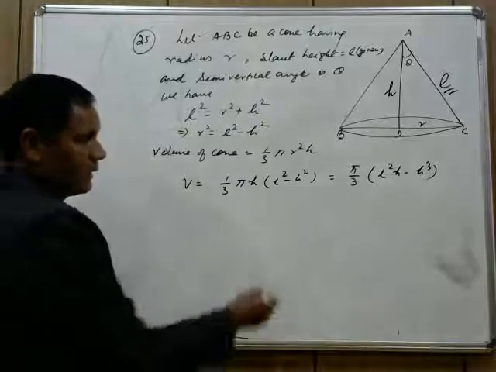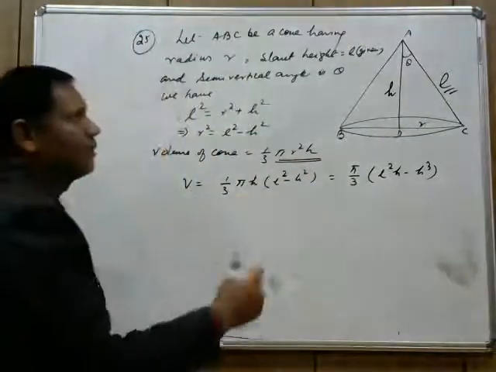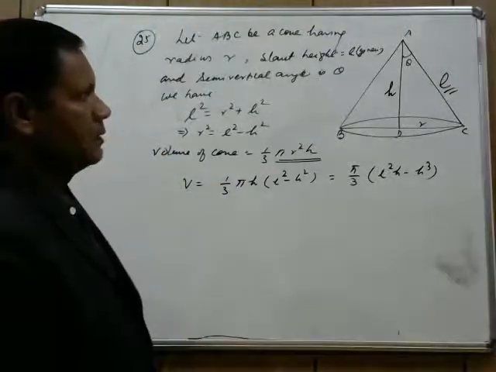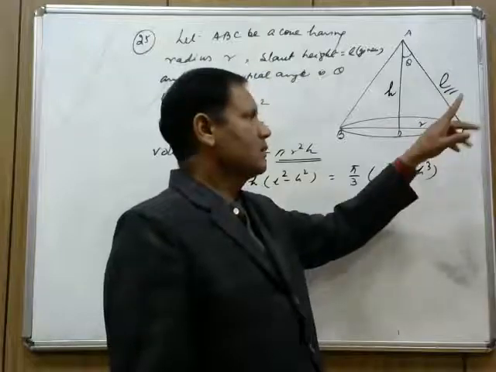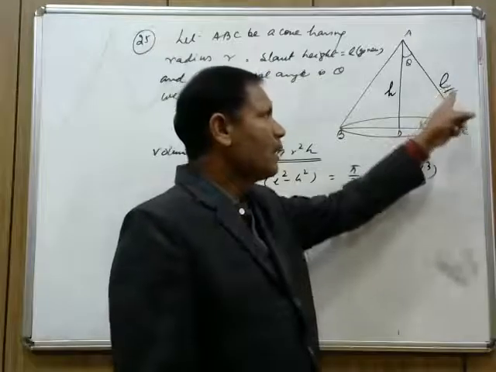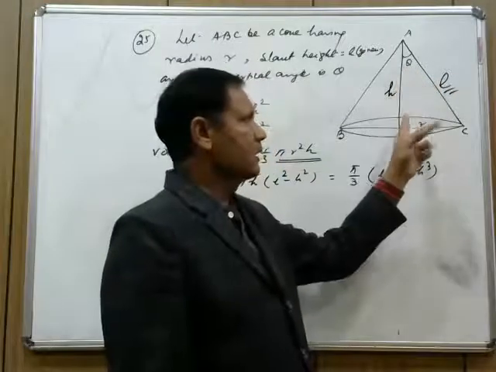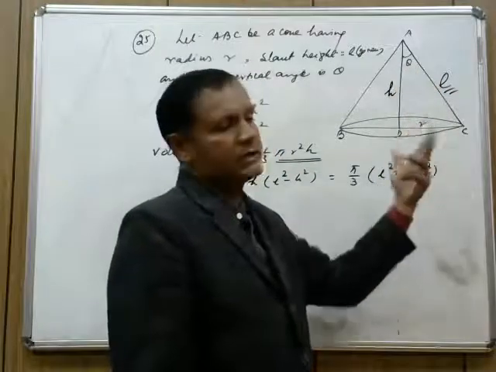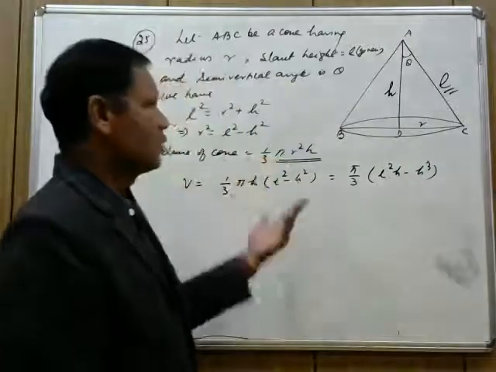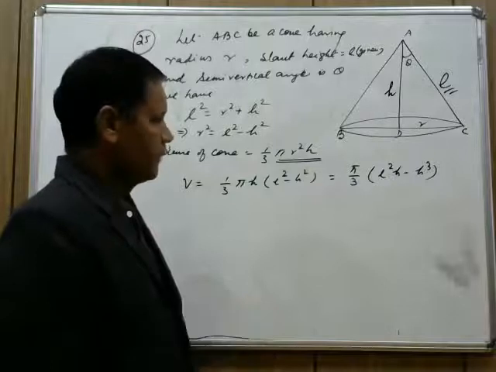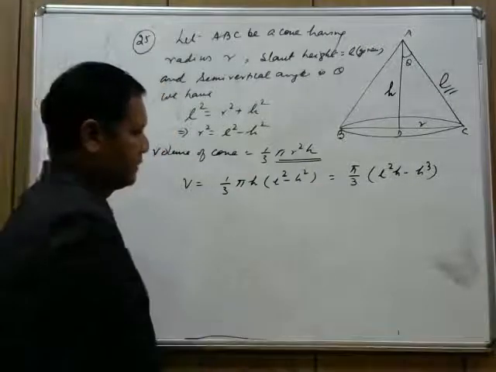Again I am telling that here onwards I can use theta also, because when L is given, you know that in trigonometry, which we have learned a lot in class 10th and in 11th also, when one side L and one angle is given in a right angle triangle, then we can find out the other two sides very easily in terms of theta. That's why these questions can be solved by using theta also, right? But I am not using theta here.